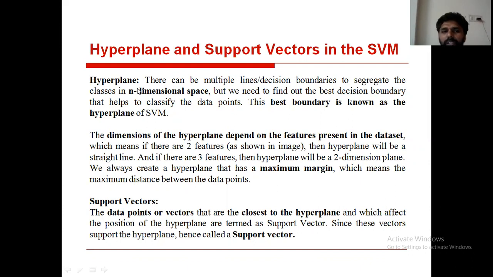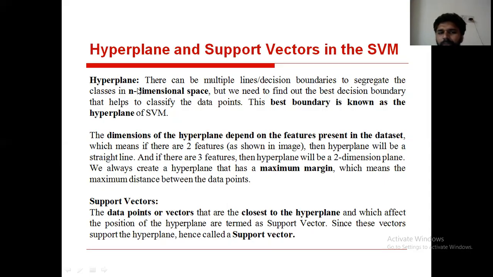Got the point? Here, how many hyperplanes are required to perform classification? See, the dimensions of the hyperplane depend on the features which are present in the data set.